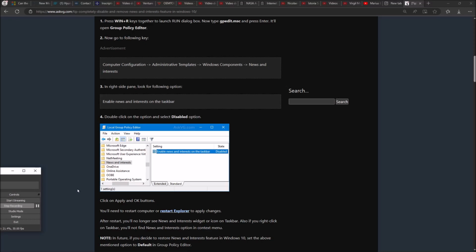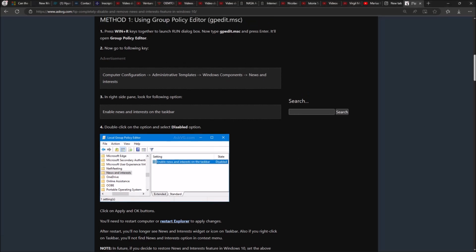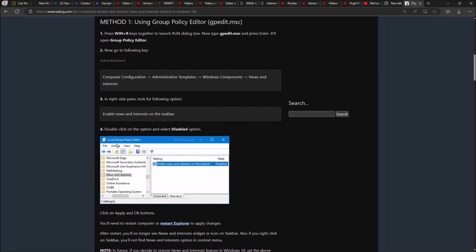If you open the task manager, you are going to find the news feed service running in there. So if you want to completely kill that service, it depends if you have Windows 10 Pro or Windows 10 Home Edition. Let's say you have Windows 10 Pro, you need to do just like in this text. I'm going to put it in the comment section, pinned comment.